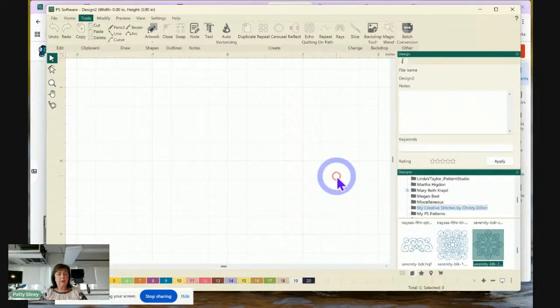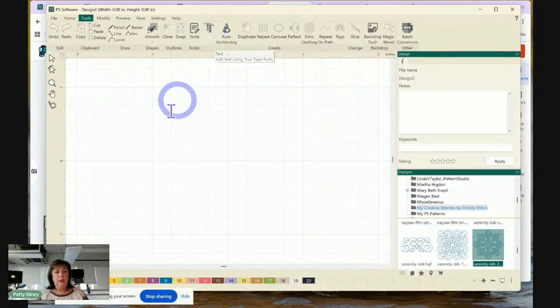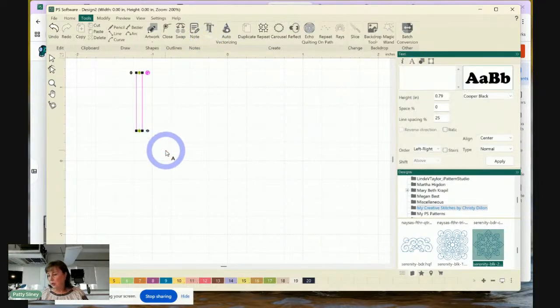So let's go over to here and let's do one more. I want to show you, if I can get these two done, I want to show you a hidden tool that isn't actually sitting on the toolbar, which is really interesting. So let's do a text. And I'm going to type,